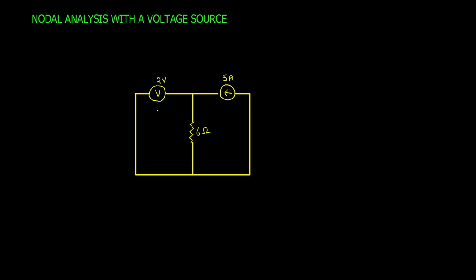Based on the type of circuit and the position of the voltage source, we have two different cases in this topic. Let us consider case 1. In this circuit, the voltage source is between the reference node and the non-reference node. We can identify two nodes in this circuit, this one and this. Let us consider any one of them as the reference node. Let us consider this node as the reference node, that is, this node will be connected to earth, due to which its potential will be 0.